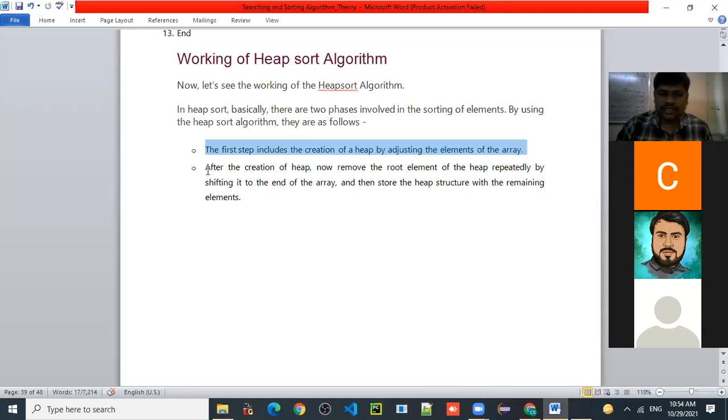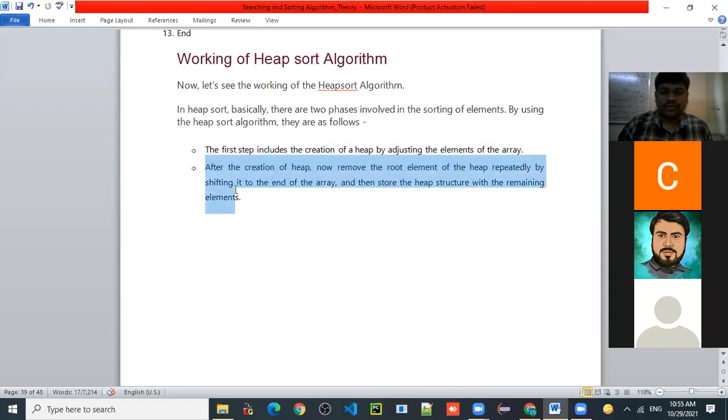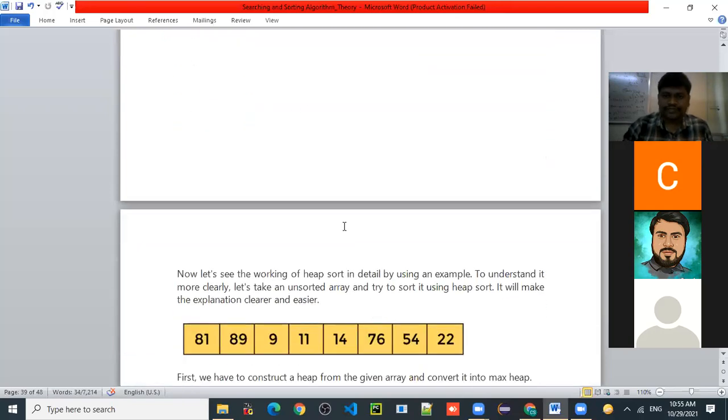Now what is the second step? After creation of the heap, remove the root element of the heap repeatedly, by shifting it to the end of the array and then restoring the heap structure with the remaining elements.